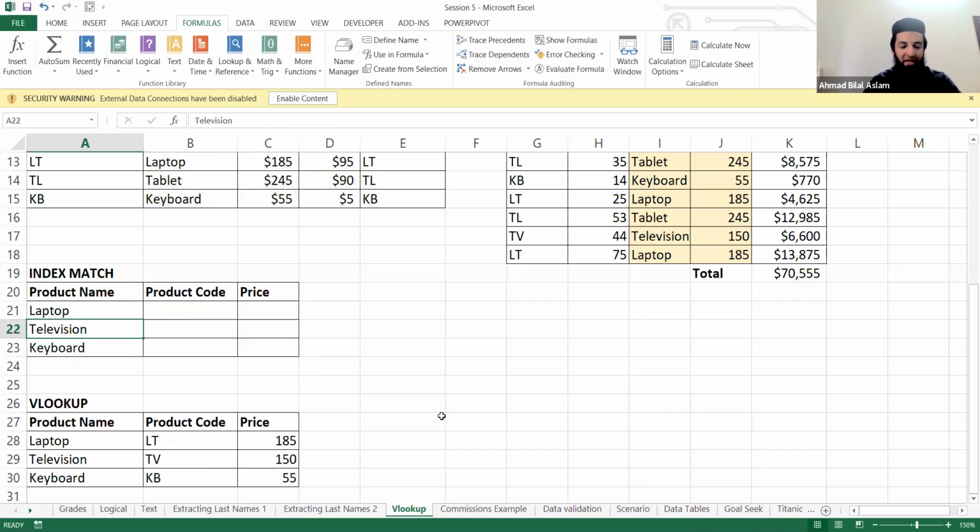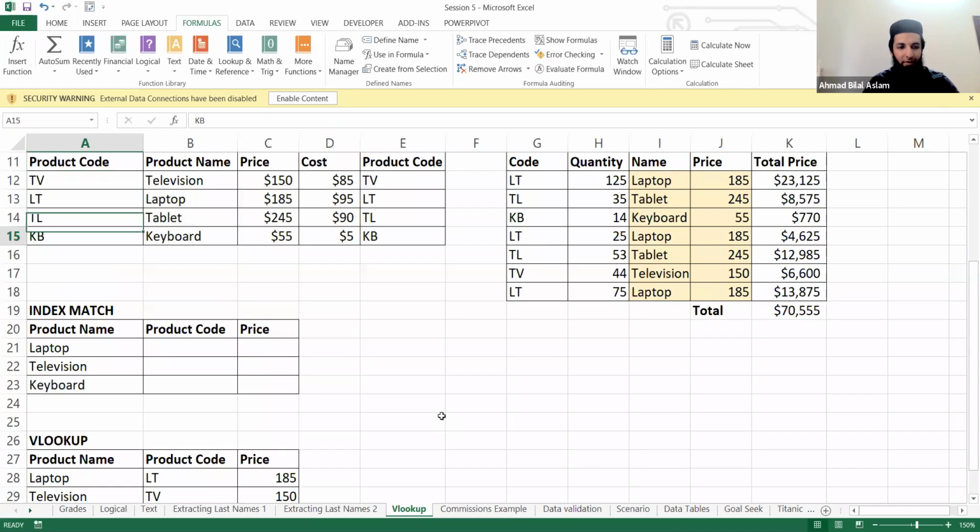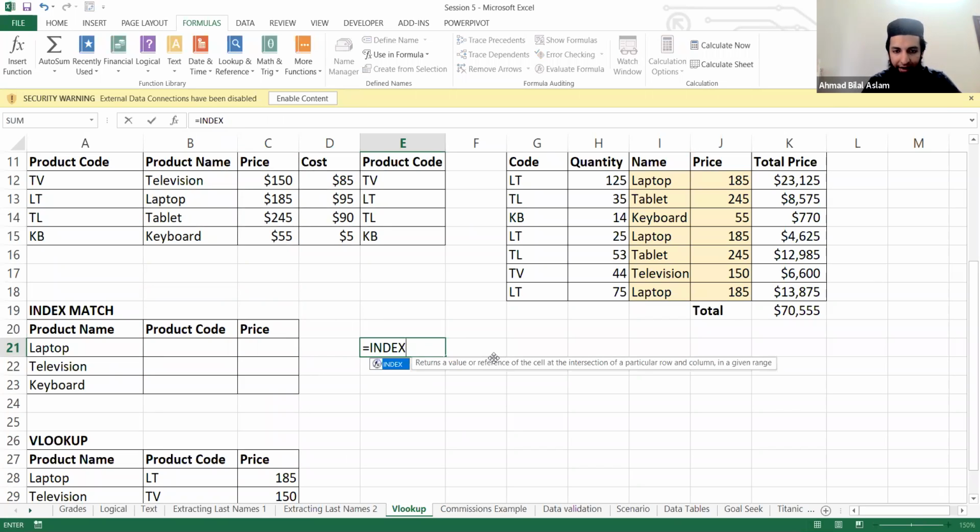Okay. So we're going to solve the same problem again here, and we're going to do that using a different set of functions. Okay, there's a function called index. Okay, let's start this function and try to understand what this is. So index function, it returns the value or reference of the cell at the intersection of a particular row or column given a range. So basically,